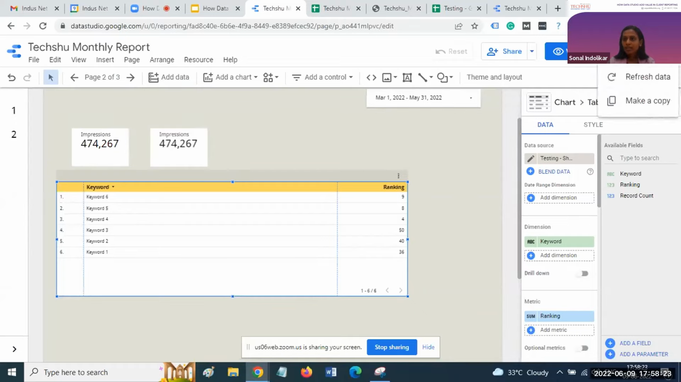Okay. Another option Data Studio has: if we create a template for one of your clients, and you want to make a copy of that template, you just need to click on the make copy option. It will automatically create the template for another client. You just need to connect the data sources to that copy as well. For example, this report is for TechShu, and if we make a copy of this templated report and want to add data for XYZ client, we will integrate the XYZ client's Google Analytics and Search Console